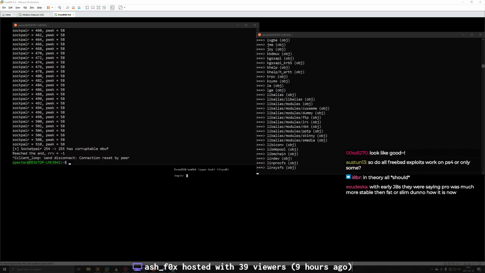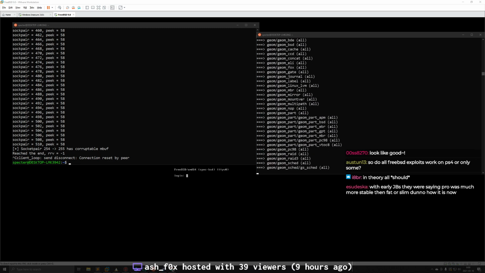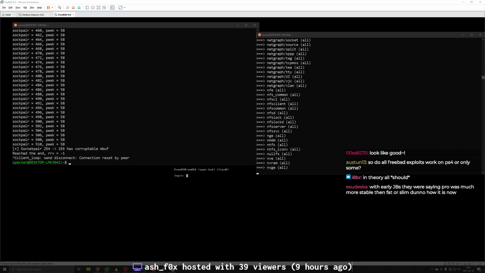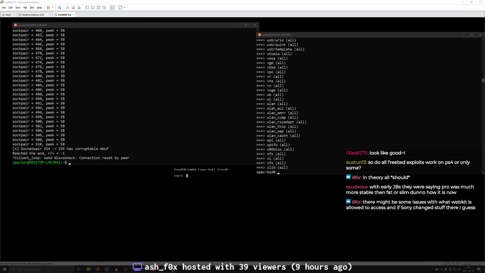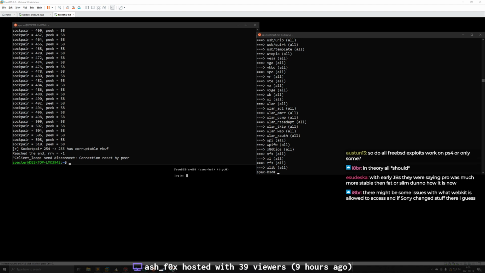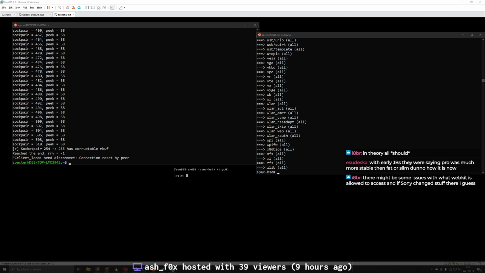So do all FreeBSD exploits work on PS4 or only some? It depends on where the bug is. Because the PS4 is not running a stock BSD. It's running a modified BSD. So not only has Sony modified some of the FreeBSD kernel core, there's also an issue where anything that's in a device driver in the FreeBSD main tree, chances are it's not going to be able to be hit on PS4.